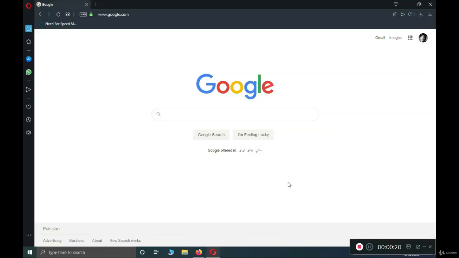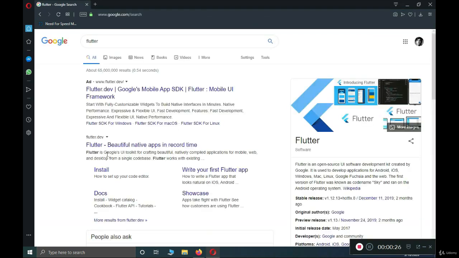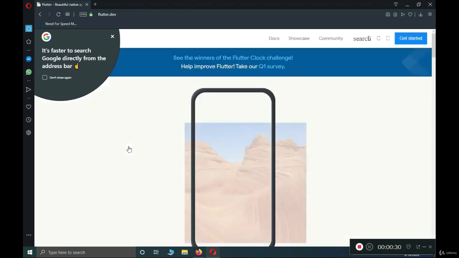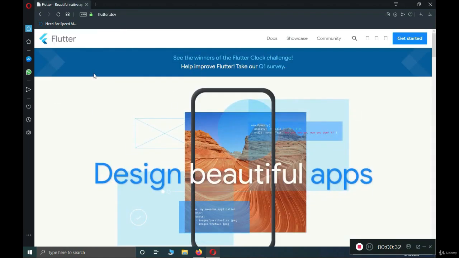So for that, first of all, go to google.com and here you can just type Flutter. And here you will see this one, which is flutter.dev. Just click on it and it will redirect you to this page. Here you will see this button which says get started. Just click on it